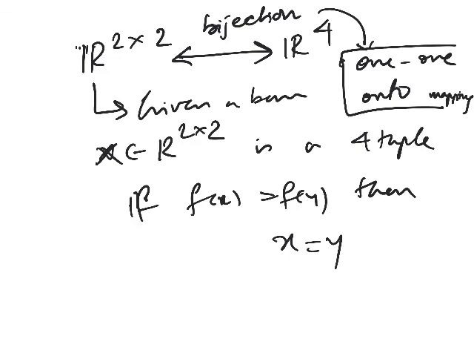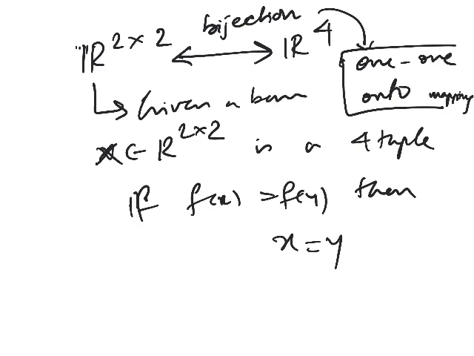So, one quick question. What about the number of elements when you are having one-to-one onto mapping? So, let us assume finite sets. You are having a finite domain, you are having a finite codomain. If the mapping is one-to-one and onto, what can you say about the number of elements in these two sets? They are the same. They have to be equal. I'm talking about a finite set. If the function is bijective, then the number of elements in domain is same as the number of elements in codomain.